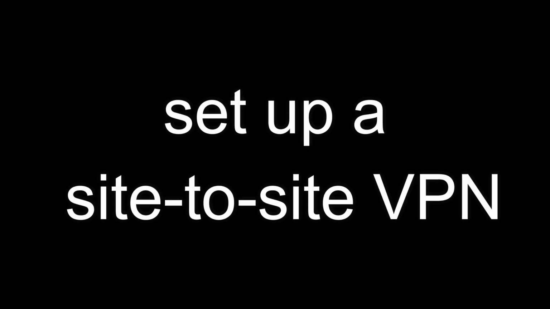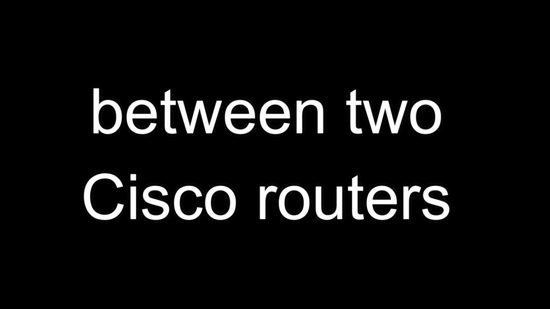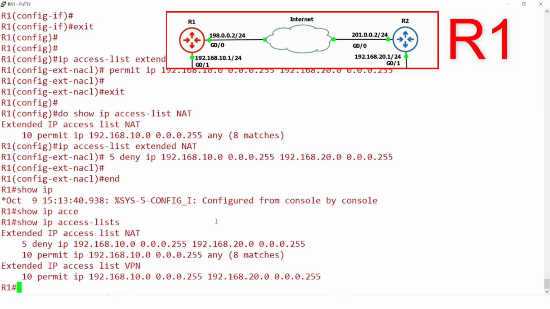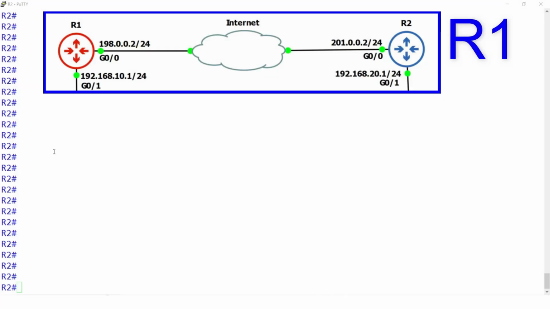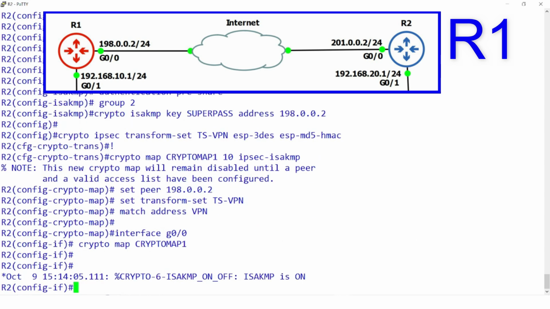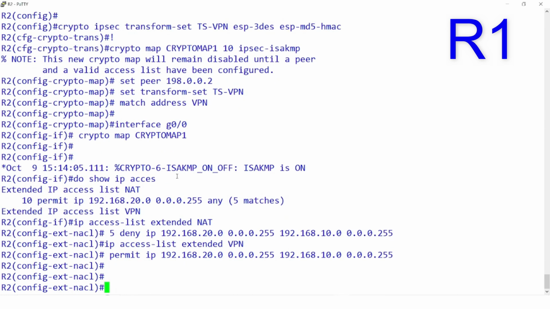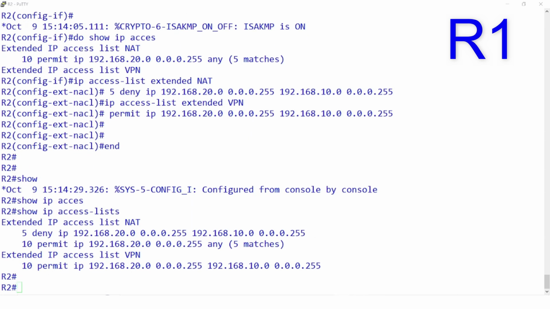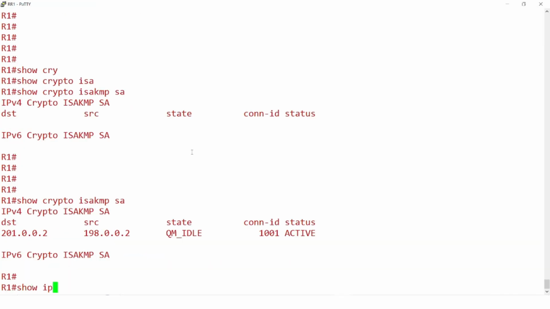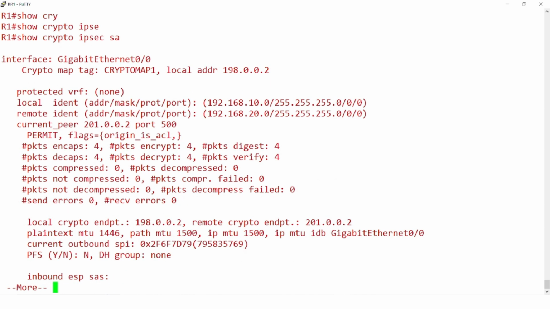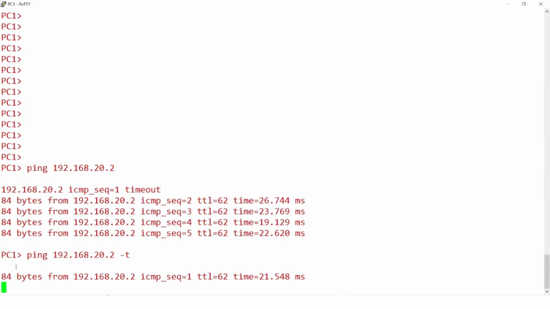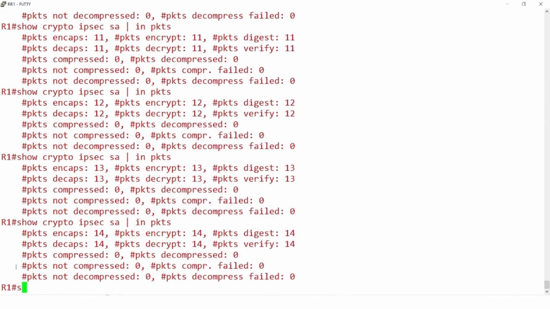In this video, I'm going to teach you how to set up a site-to-site VPN between two Cisco routers. Theoretically, the steps to follow are very simple and you see them in this table. You must understand that in order to build a site-to-site VPN, two phases must be built. Phase 1 seeks to create the association of a secure channel for the transmission of cryptographic keys, while Phase 2 will seek the creation of a secure channel, also called an IPsec tunnel, which is where the end-to-end encrypted traffic will